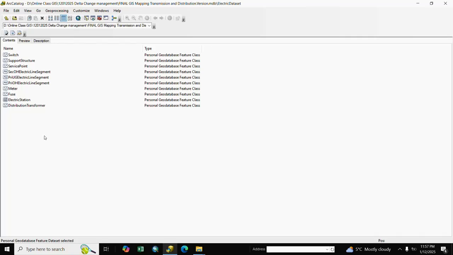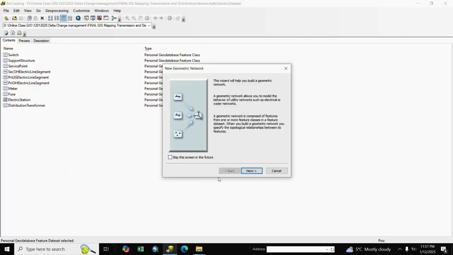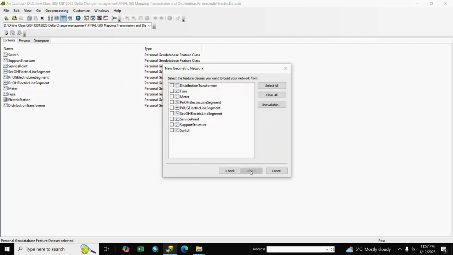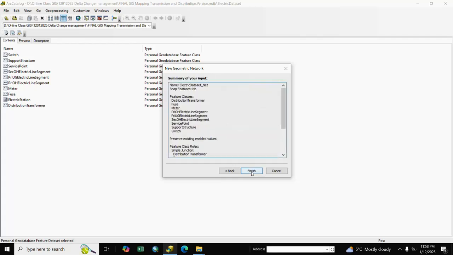disconnected, and loop. So we right click and we go to new geometric network, next, next, and we select all, next, next, next, next, and finish.